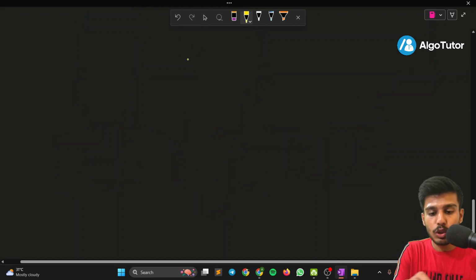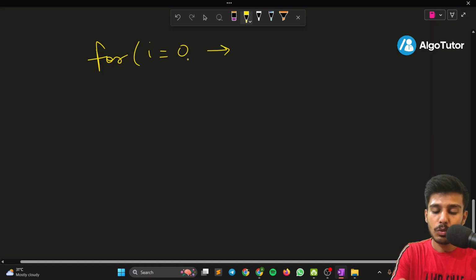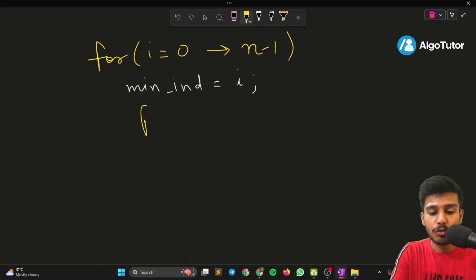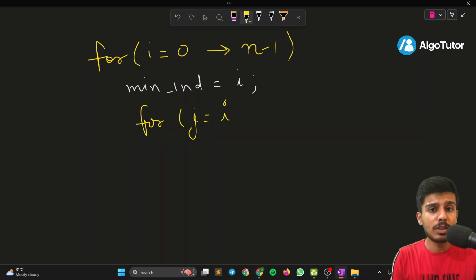So the pseudocode will look like this: for i equals 0 to n minus 1, we have to pick minimum index as i. Now we'll traverse another loop for j equals i. Okay, so we have to start with the minimum index part. I don't have to take the backward side. I will not start with 0 because I don't have to start looking for the minimum from the beginning again. So I will just start from i till n,